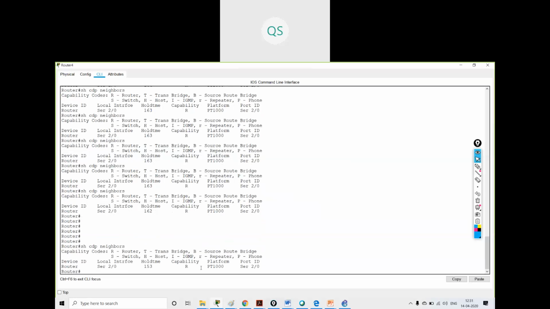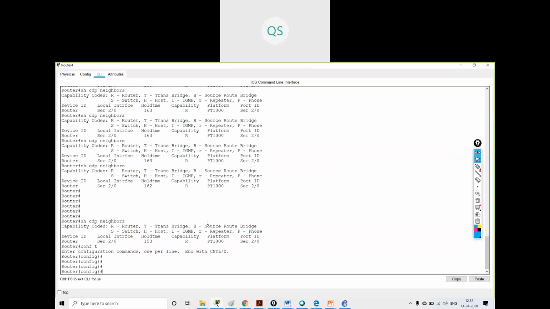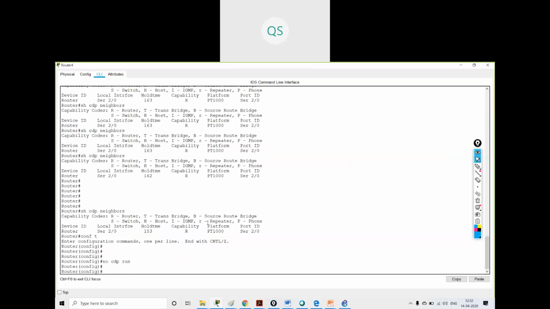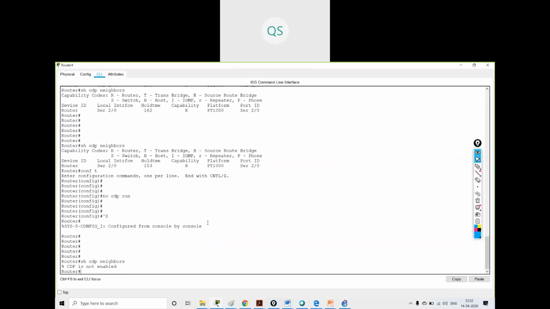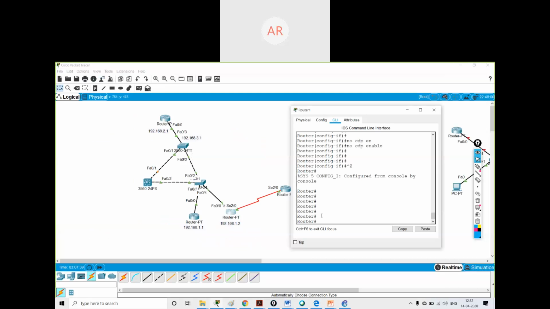Sir, there is a command to disable CDP globally. Yes, the command is no CDP run. For the border routers, we can disable CDP completely.